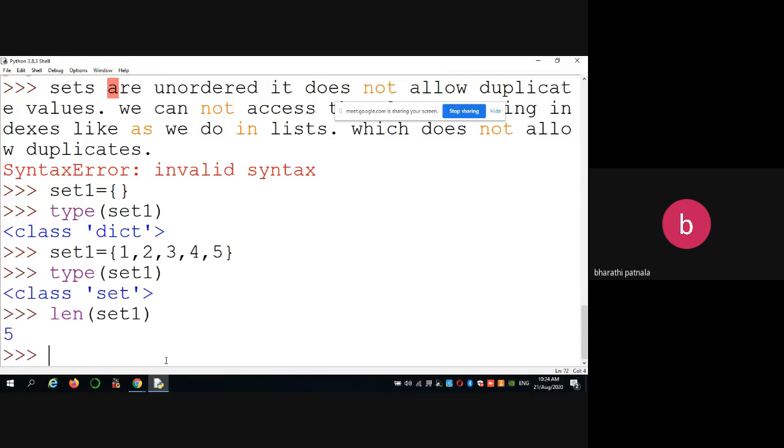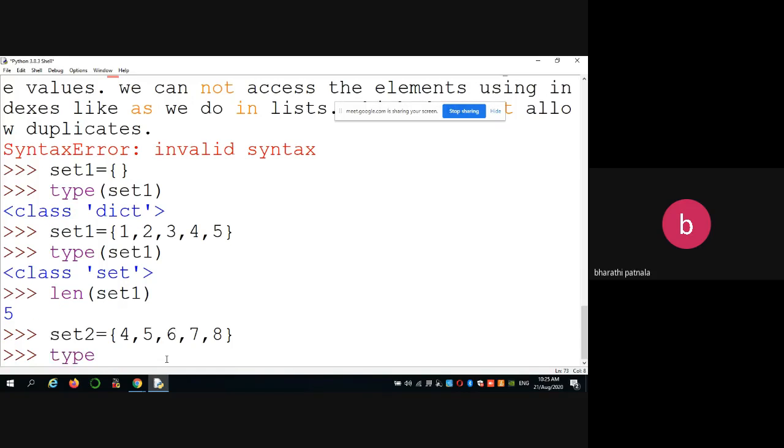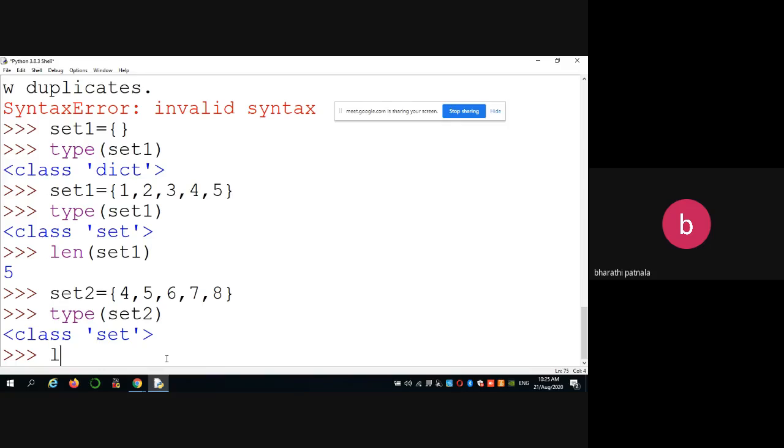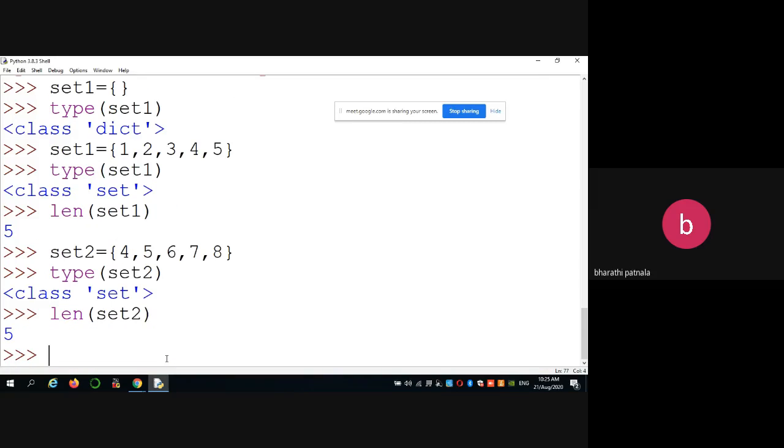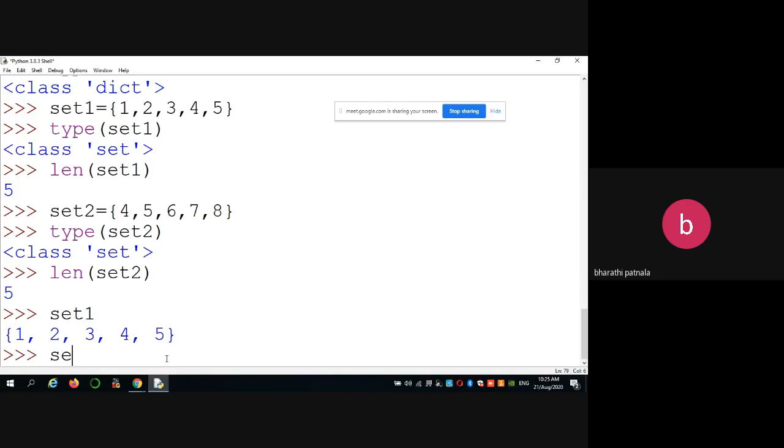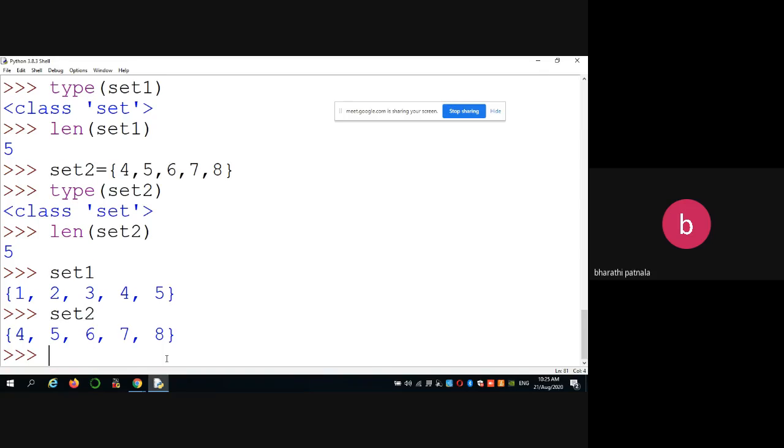Similarly, you can take set 2 with 6, 7, 8, and also know the type of set, which is a set. You can print set 1 and you can also print set 2 like this.